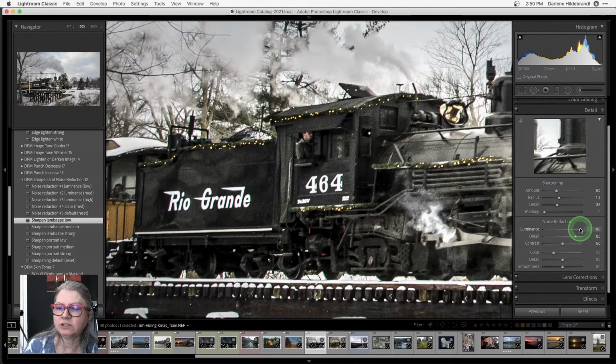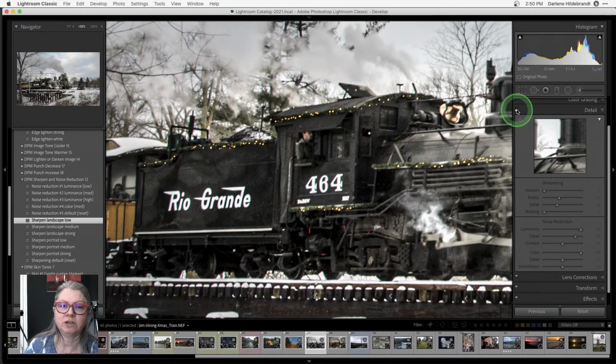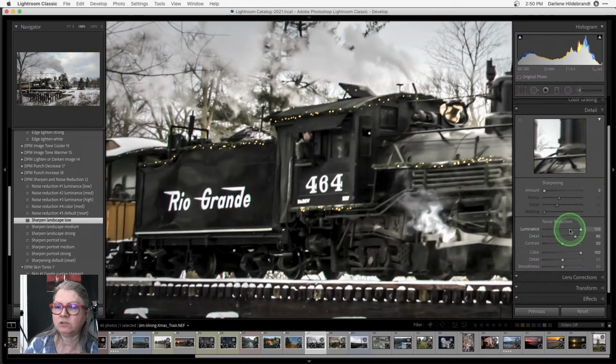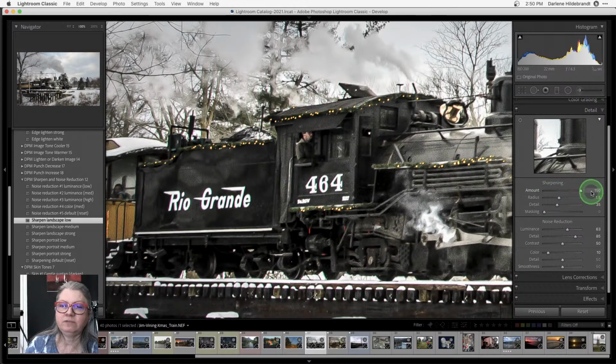If you go extreme with the noise reduction, I'm just going to turn it up to show what's over editing. You'll notice that now the image is just blurry. When you are doing noise reduction, it's trying to look for speckles and things, but when you take it too far, you end up with mush. So there's a fine dance between noise reduction and sharpening. And if you take the sharpening too far, you end up actually sharpening the noise. So you have to be really careful.